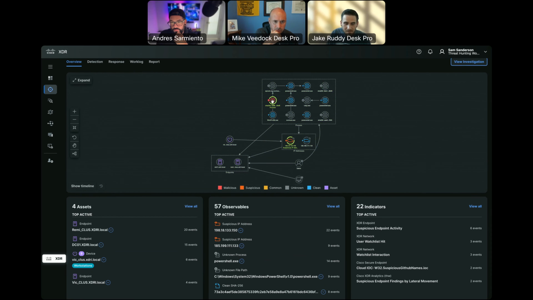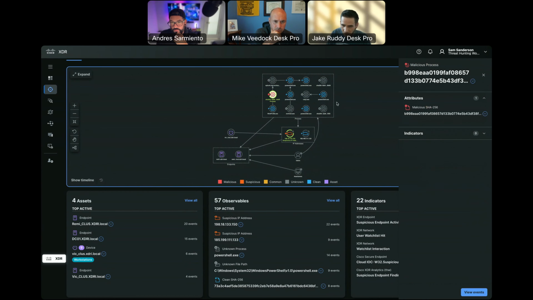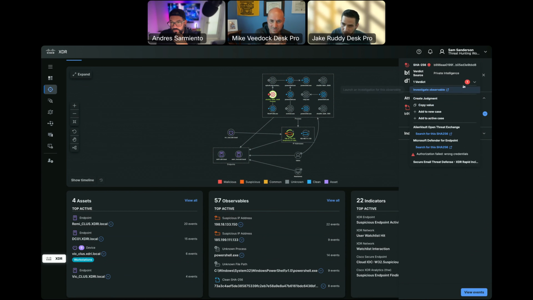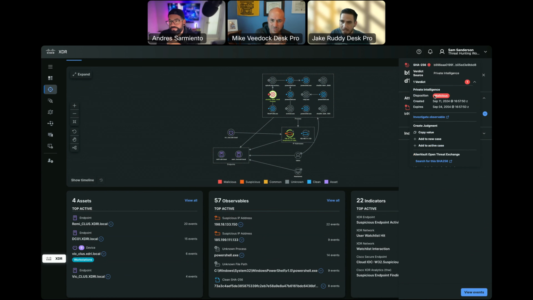Whereas I've got these file hashes, which show good with the colors and the indicators. It's red. It's even got a little skull up in the top right corner. This particular file hash happens to be known as malicious. Where is it from, malicious? Well, in this case, I've added my own private judgment, right?